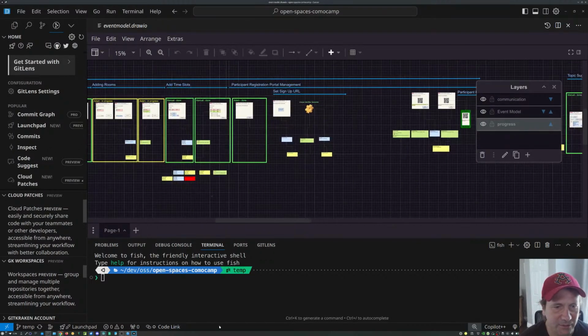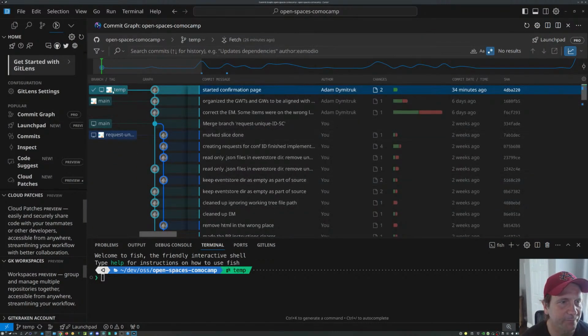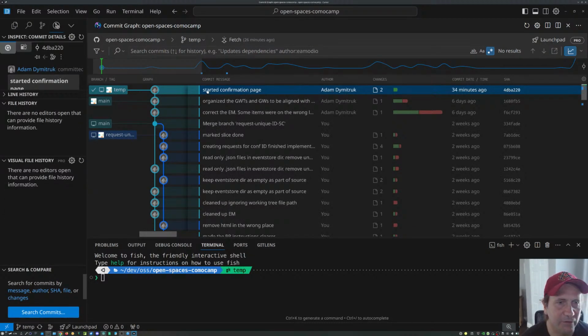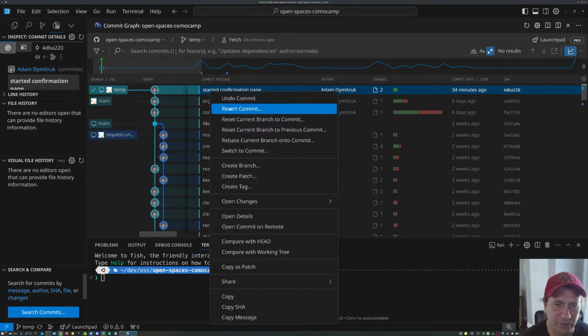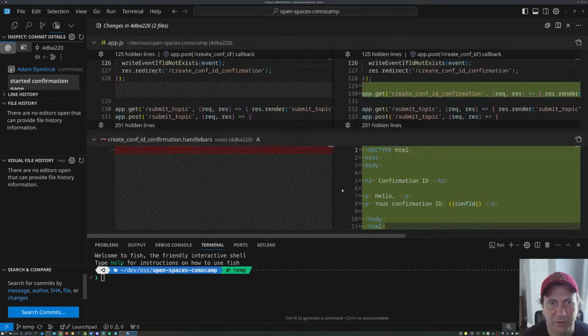So I added some work here on the other computer, and I put it into a temp branch here. I believe if I can just view the difference, open changes. So yeah, just create confirmation ID, and then we have a simple placeholder page here. So not much, and of course we have an issue with not having the same